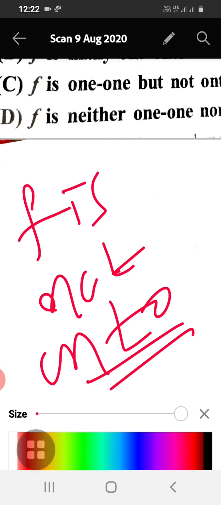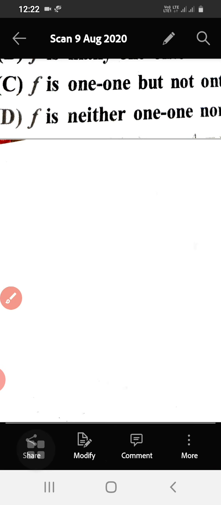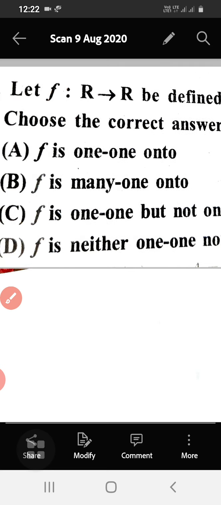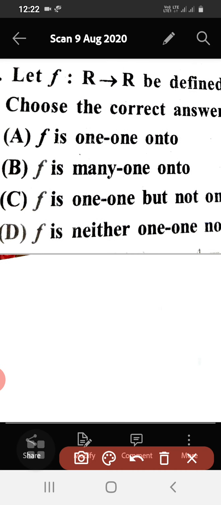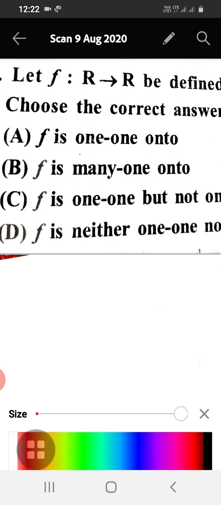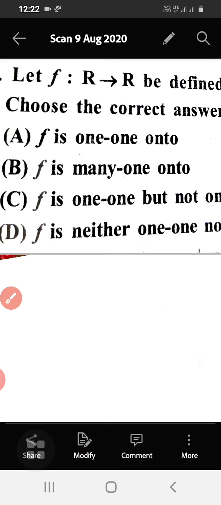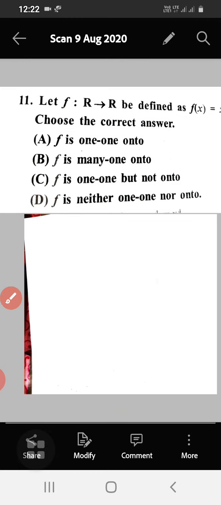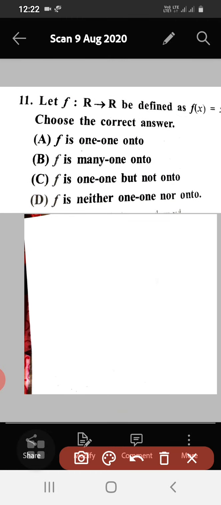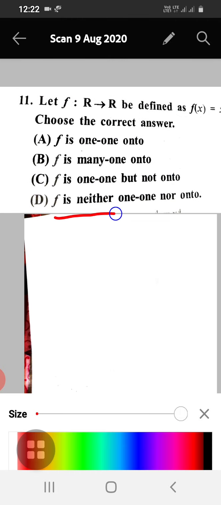So what is the option here? What is the correct option? D is the correct option. f is neither 1-1 nor onto.